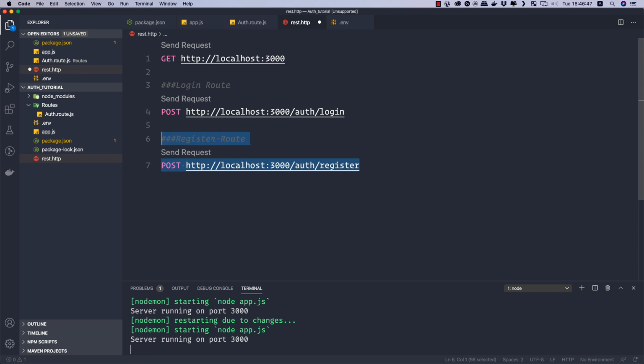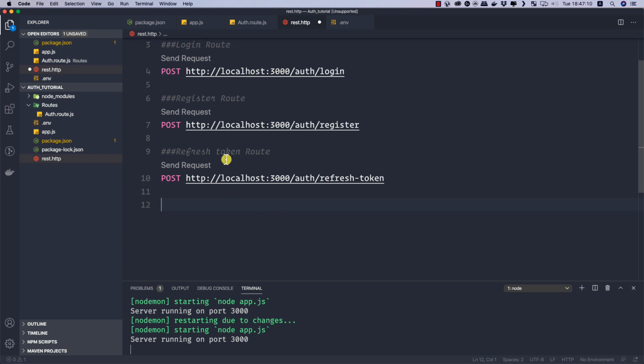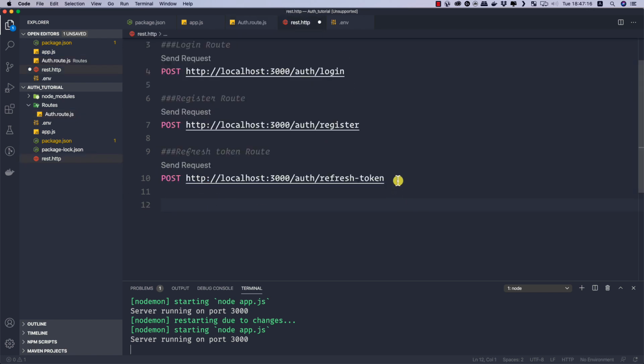And this time the second route would be the register route, and this should be called register. And now let me again copy it, and we'll be making another route for the refresh token. So refresh token route, and this should be called refresh token. And the last route we want is this logout route, and this is a delete request, or the HTTP method is delete.